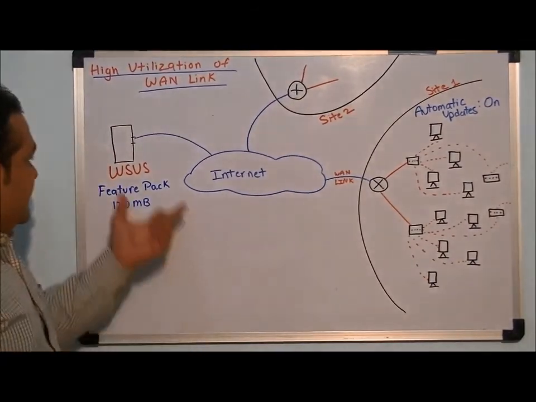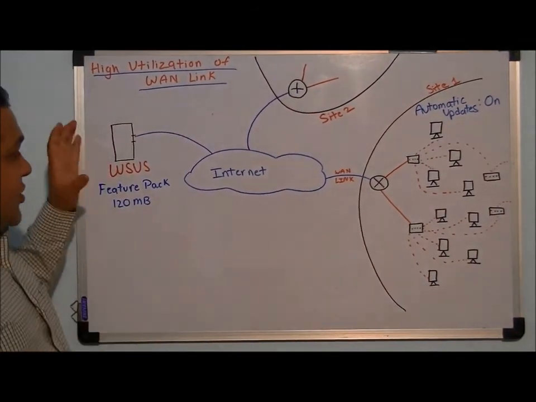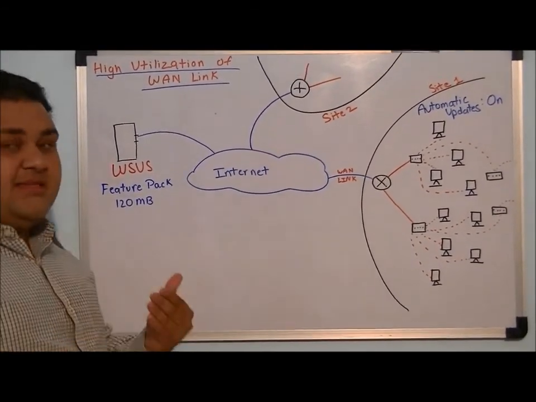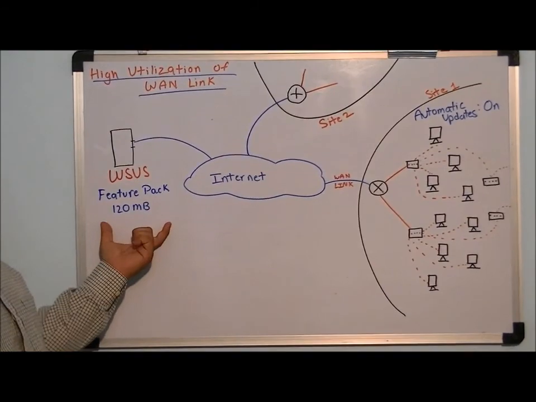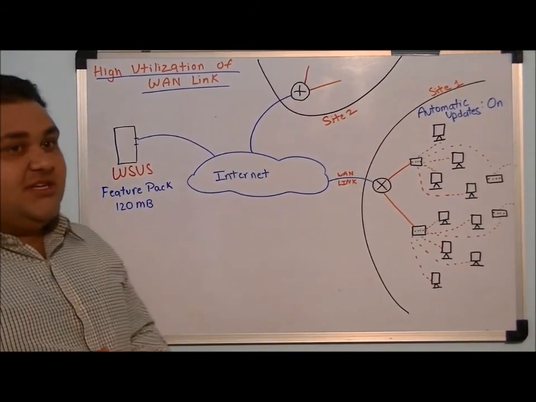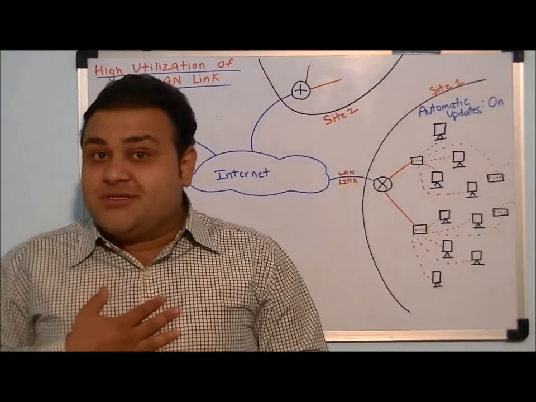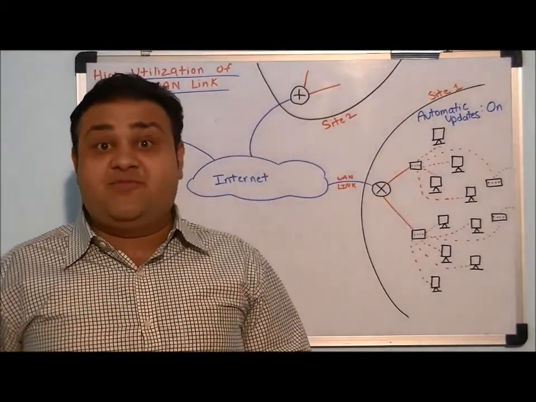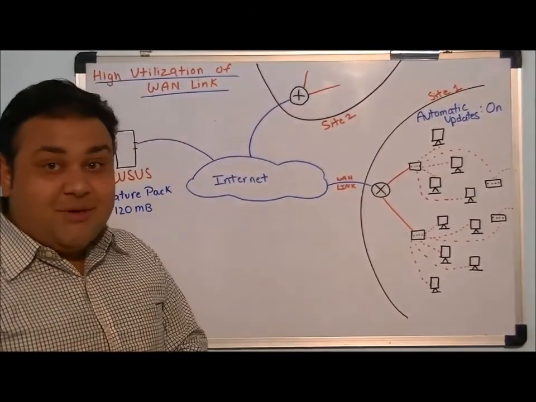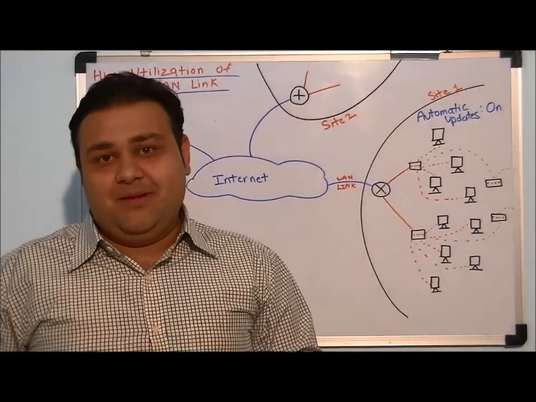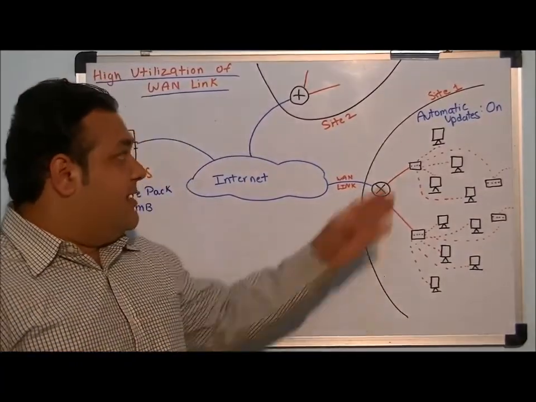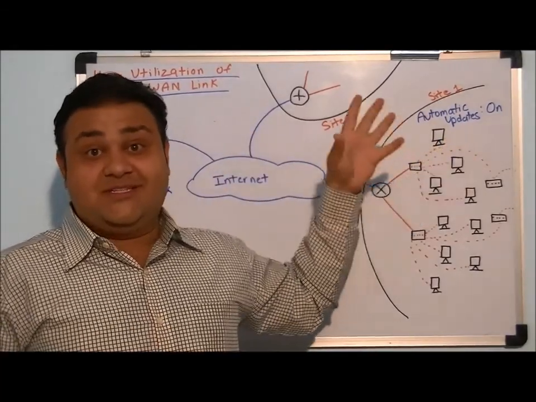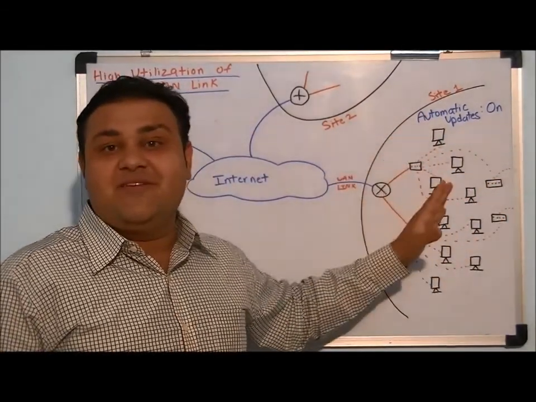Now, this is the Microsoft WSUS server which is online, and as I said, Microsoft released a feature pack, and the size of that feature pack is 120 MB. Now, as we just discussed, if we want our computers to receive updates and such type of feature packs or any other updates from Microsoft, then we need to have one property enabled in our computers. That property is known as automatic updates, and automatic updates is turned on for all 100 Windows 7 computers over